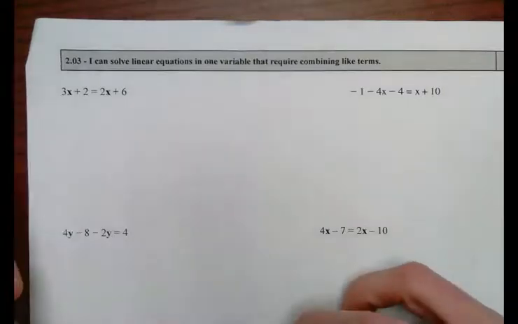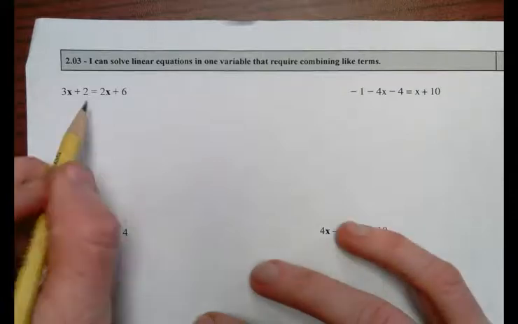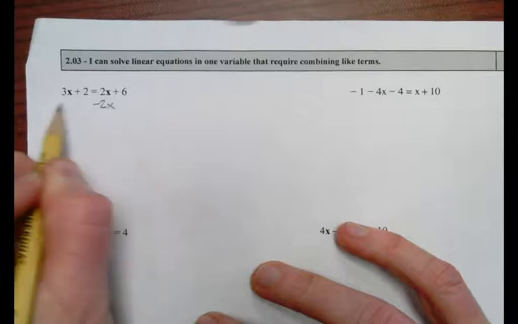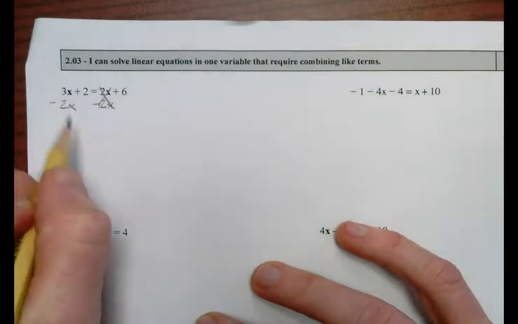All right, so we're trying to get x on one side and the numbers on the other. That's the goal. So I have 2x here and 3x there. So I'm going to remove 2x from both sides. That's a zero pair, it goes away. So here I have just 1x left,